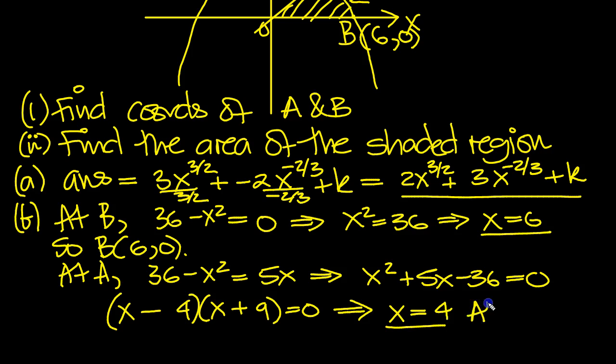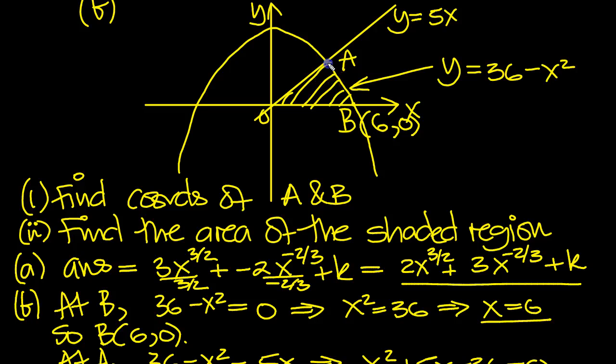So at A then, x is 4, and y is 5 times 4, which is 20. So that's the coordinates of A. So now we need the area of the shaded region, so let's drop our vertical here. This x value is 4, so the area of this triangle then, which we can label A1, is equal to